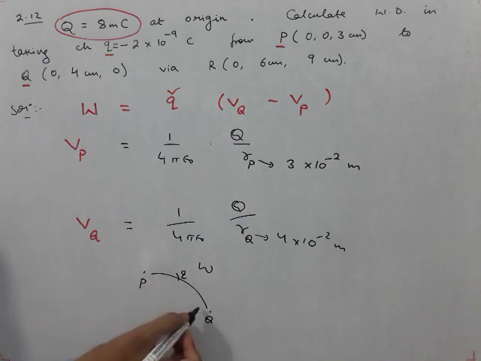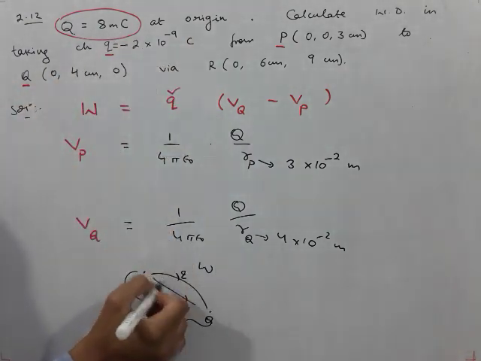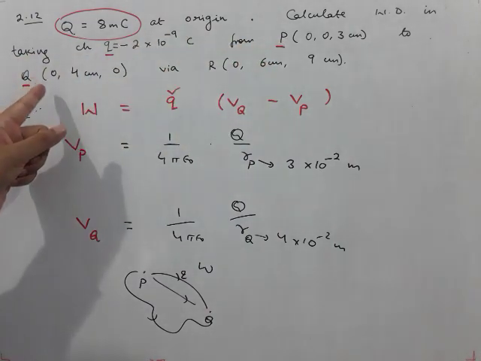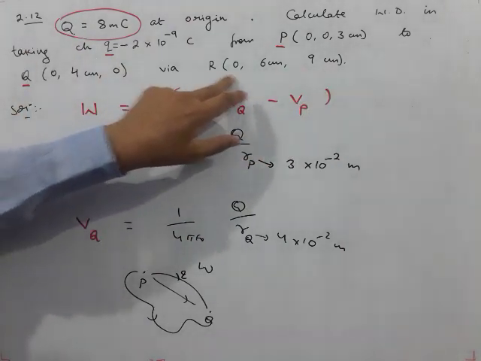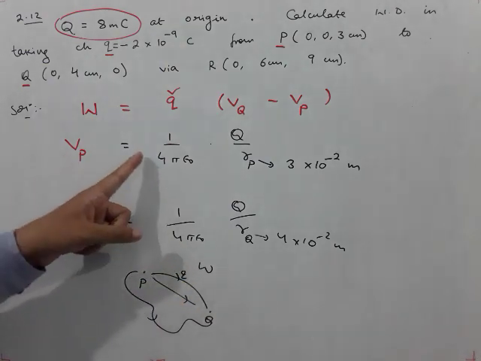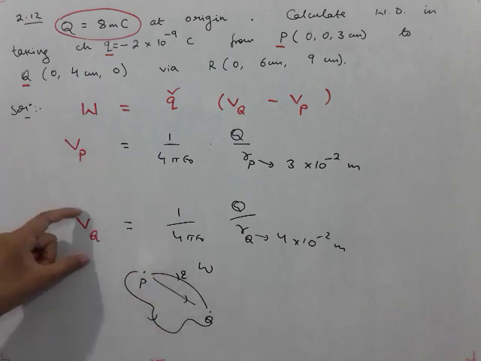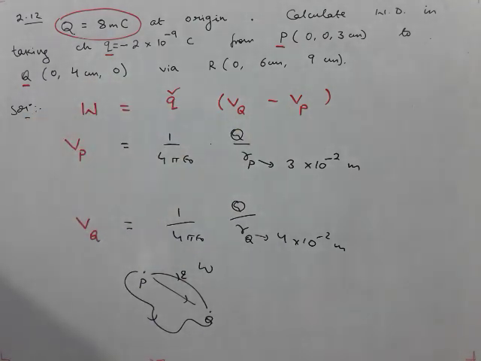So whether we go along this path or this path or this path, in all the cases work done will be same. So whether we go through R or we go directly from P to Q does not matter. So what we need are the initial point and the final point, and not any point in the path. That's why this is immaterial. Any point they give, that will not come into our answer. Now using this formula, you will calculate Vp, you will calculate Vq. I will not solve the question. You will put the values of Vp and Vq in this expression, put a small q, you will get the answer for work done. Okay, let's see next question.